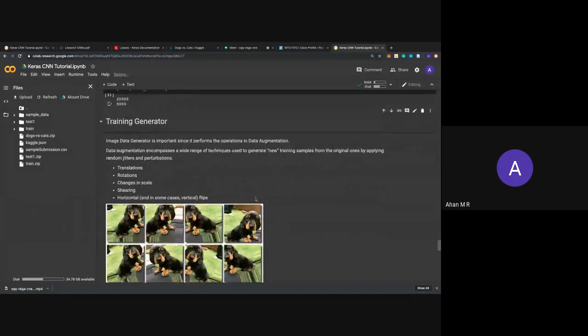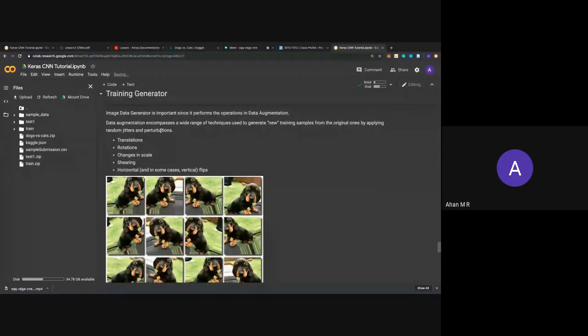So why do I particularly use image data generator? Image data generator is important since it performs data augmentation. Most of the filters, whatever you learn, are based on spatially understanding where things are. Suppose I have a picture of an office, particularly in between the image. So the filter learns values such that it's always in between. What if I give you a picture of an office which is horizontal, in the sense we don't have a good clear input? Our model might not perform to the best, because of which it is important to perform data augmentation.